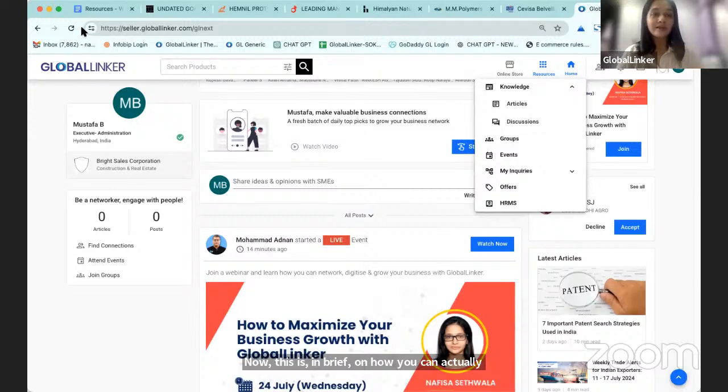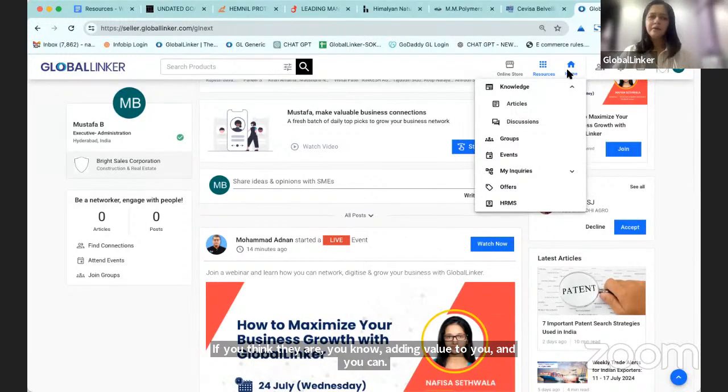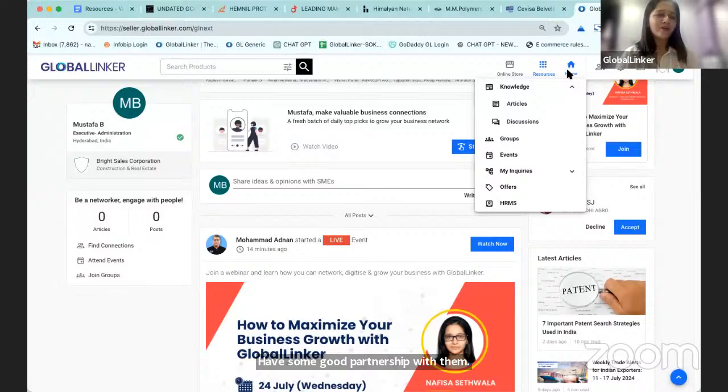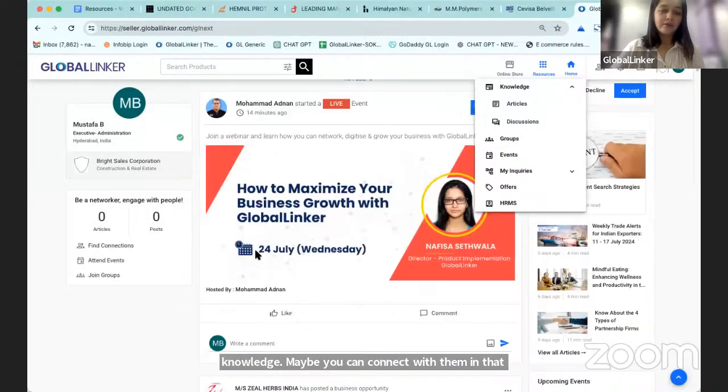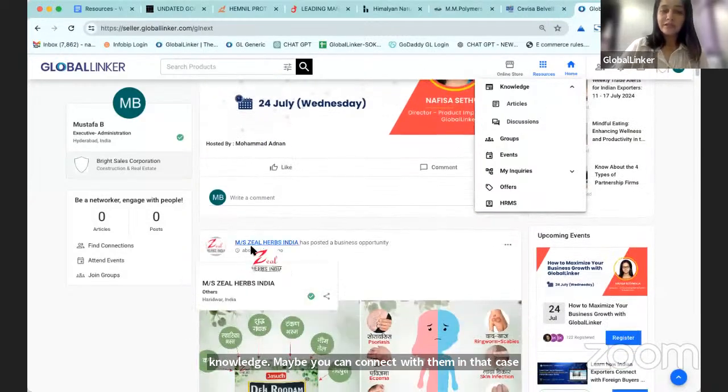You can also send connection requests to different community members if you think they are adding value to you, and you can have some good partnership with them as a supplier or even as a peer, or even to share knowledge. Maybe you can connect with them and take the discussion ahead. So with everyone, maybe you can just send a connection request. Just as an example, if you can see,